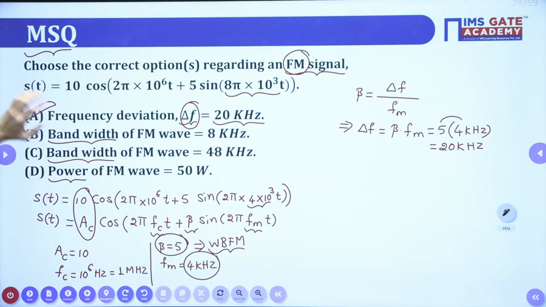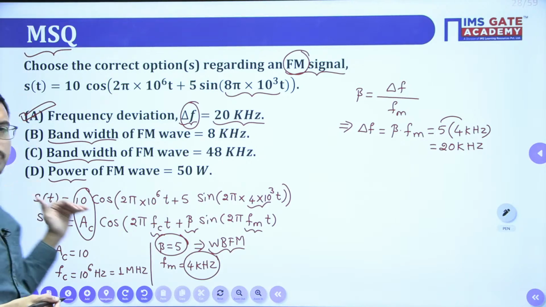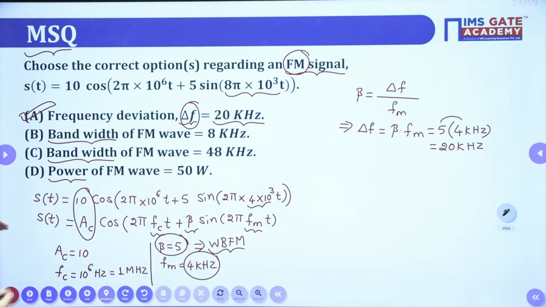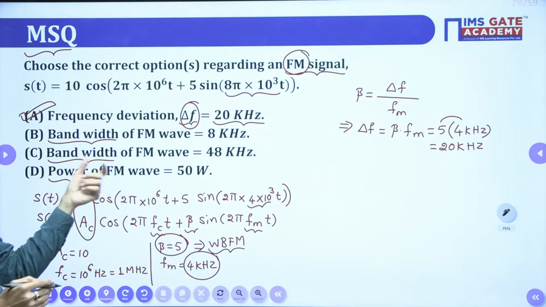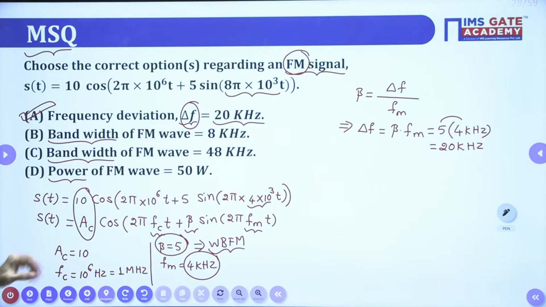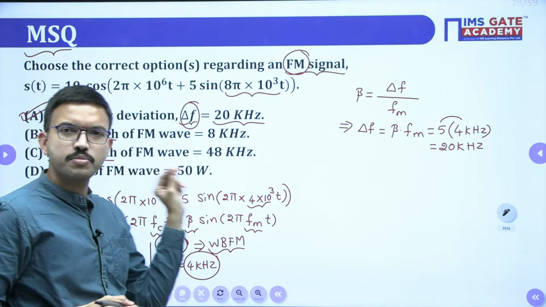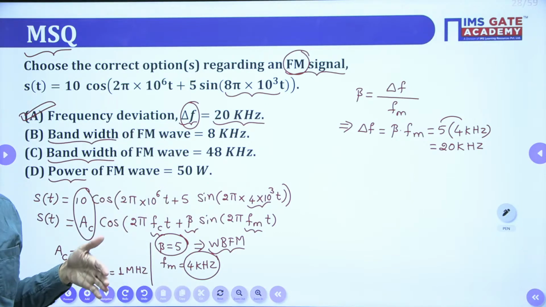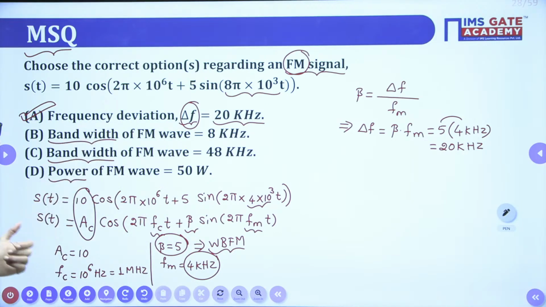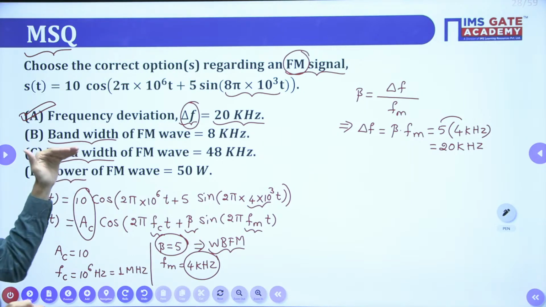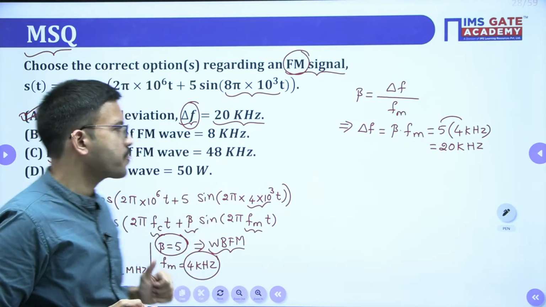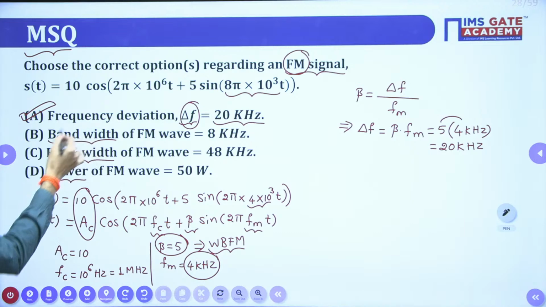Since this question is MSQ, you have to verify option by option carefully, whether that option is really correct or not. If it is MCQ, the moment you get one option as correct, you don't need to check the remaining options; whatever you get correct will be the answer. But for MSQ, you have to verify option by option carefully. Now, regarding the bandwidth,